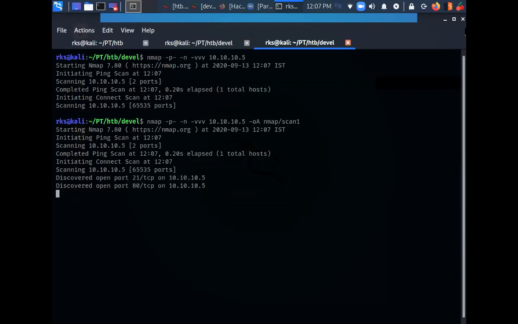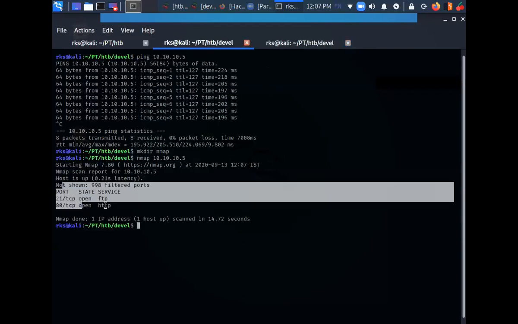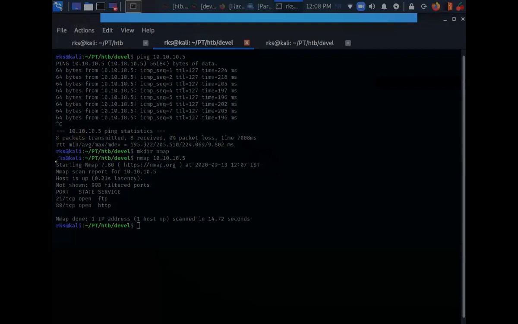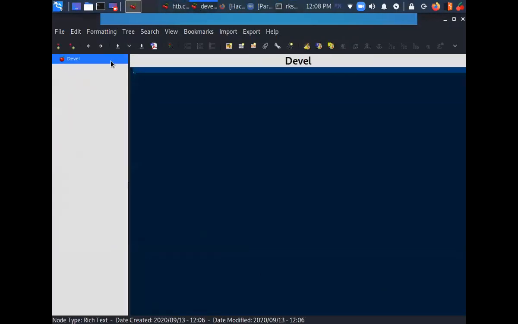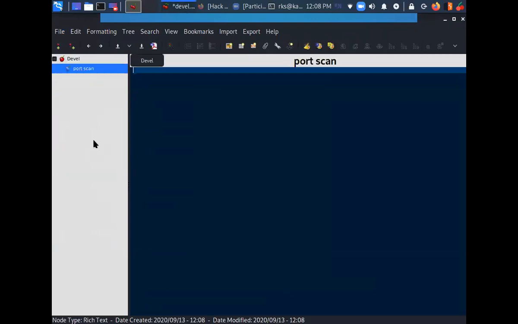Meanwhile, while this is running, I do have two ports open here, 21 and 80, and here also you can see 21 and 80 are visible to us. Let's document this step as of now. Let's do a print screen, copy this one, and paste it under port scan.